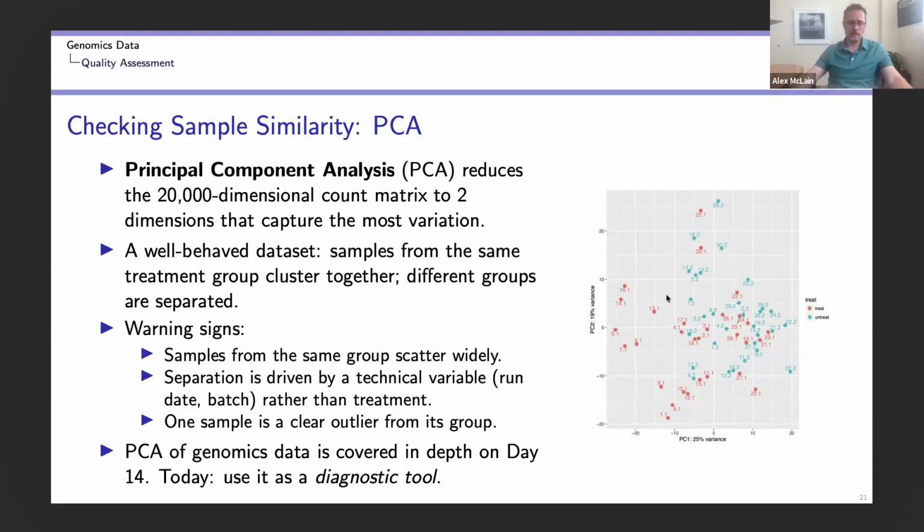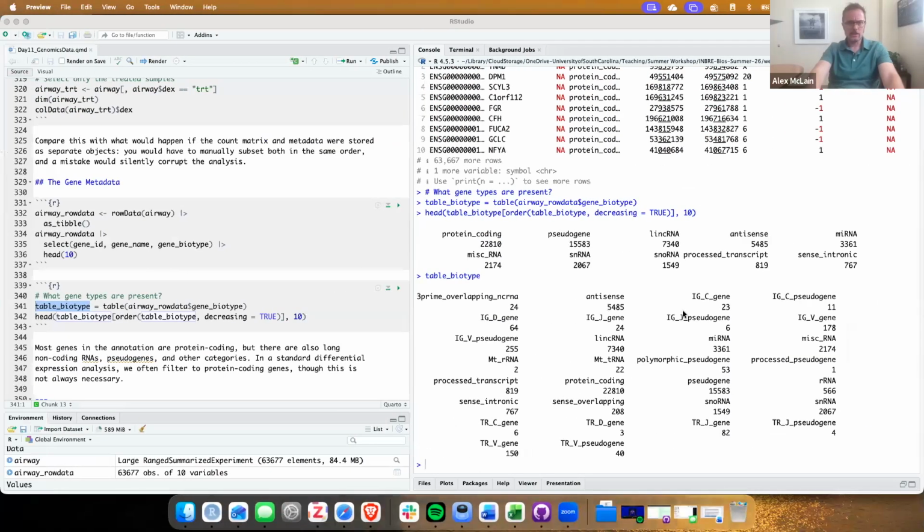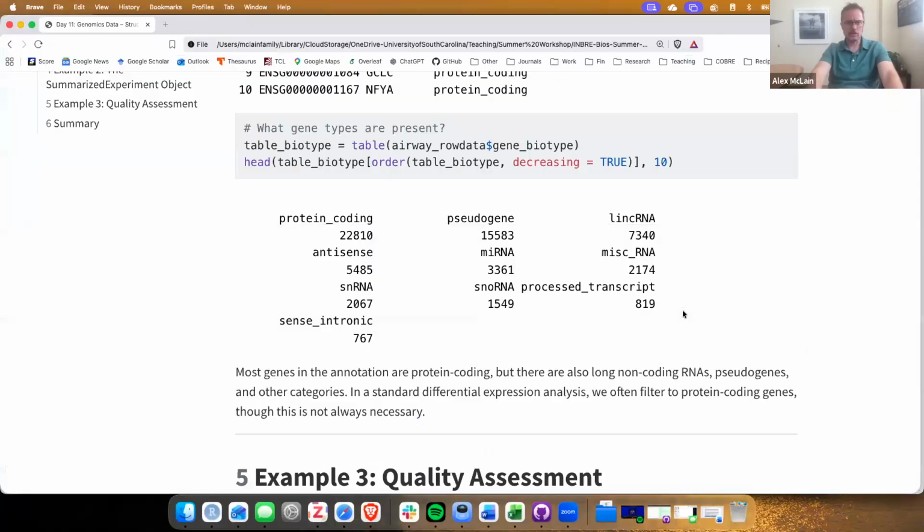Also, we want to look for outliers. Is there one data point way up here? That would be a sign we need to take a look at that. We'll take a look at this. Let's go to our